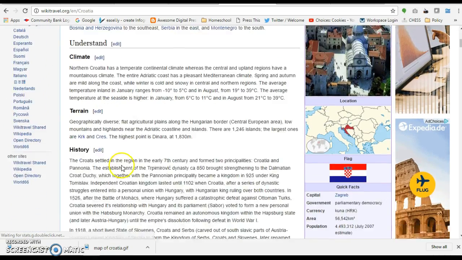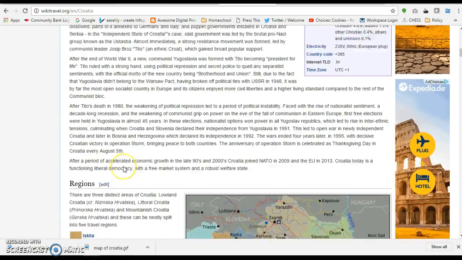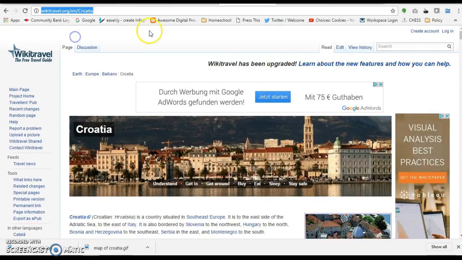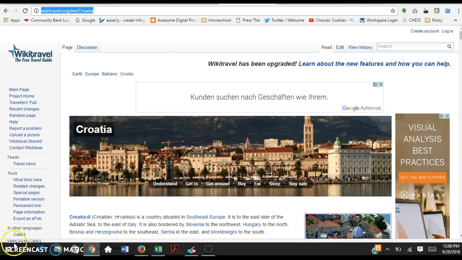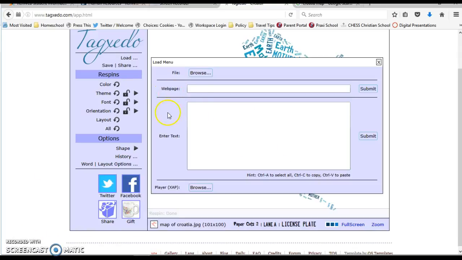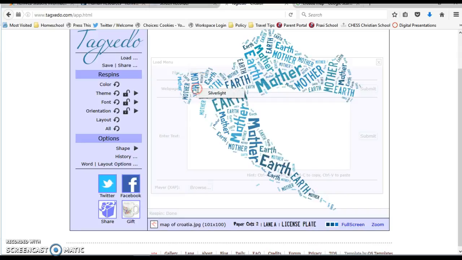The climate, the terrain, the history of it. So it's going to tell me a lot of facts about Croatia. So here's my website up here. And I'm going to copy that. And then I'm going to go back to my Tagxedo page. And I'm going to put in